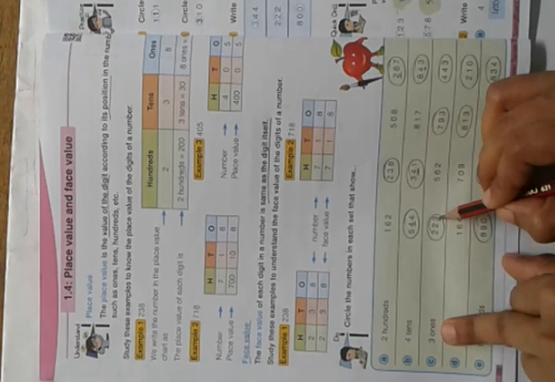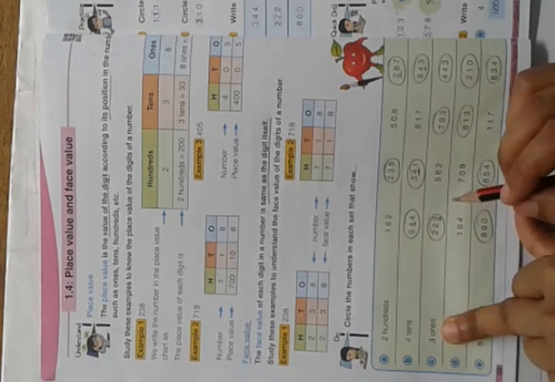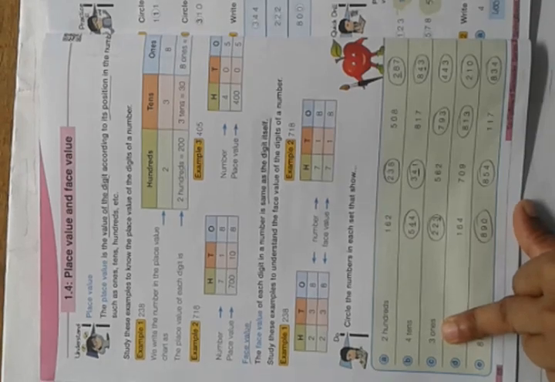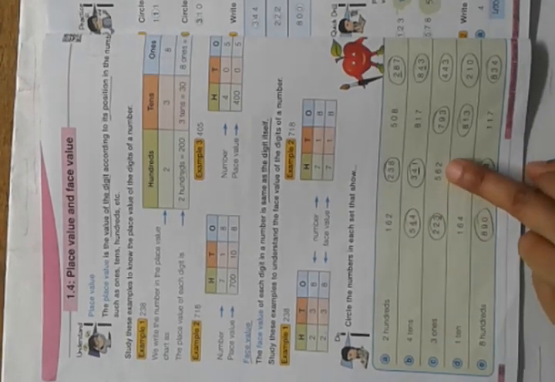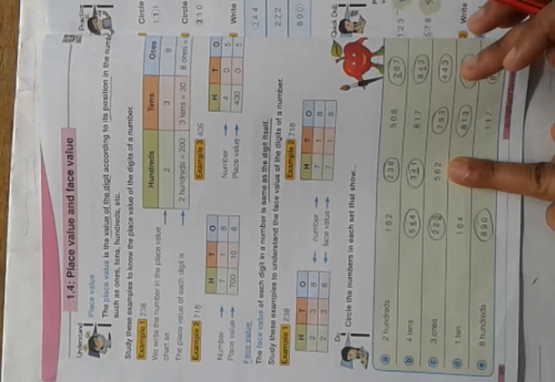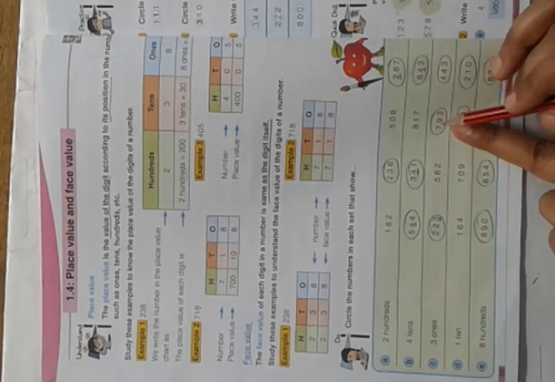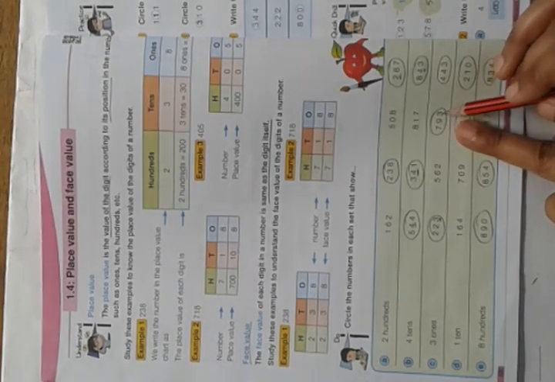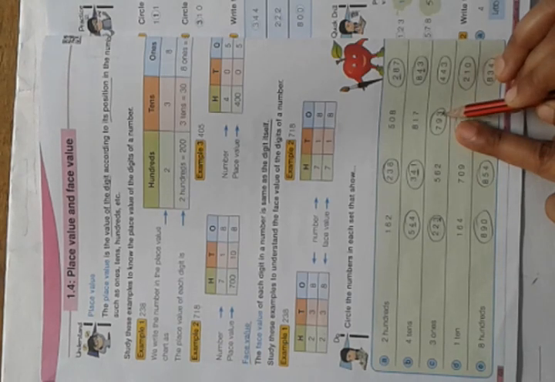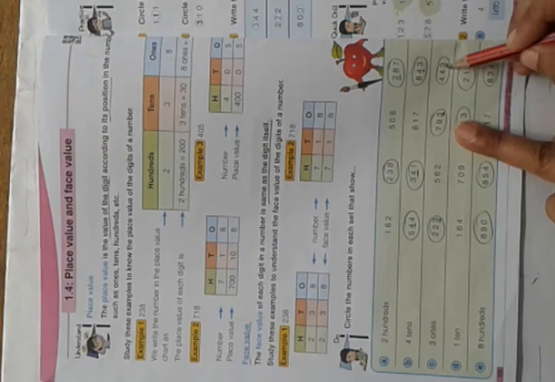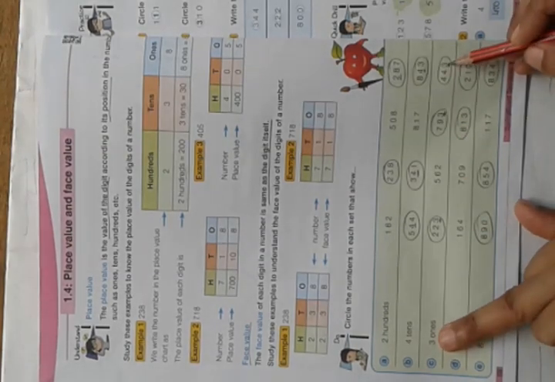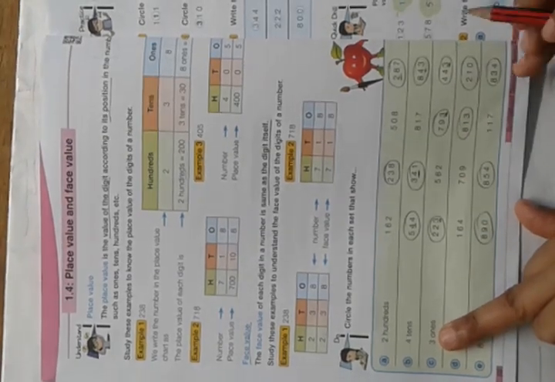223. 3 ones. Okay. 3 ones means 3. In the ones place, if you see 3, we have to circle those numbers. Okay. So 562. In the ones place, which number is here? 2. So this is not that number. We have to circle. So this is 793. In the ones place, 3 is there. 3 ones. So circle this number. 443. In the ones place, 3 is there. So circle this number. Okay.